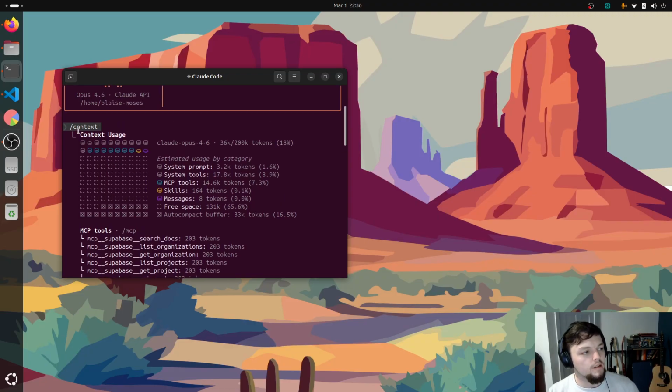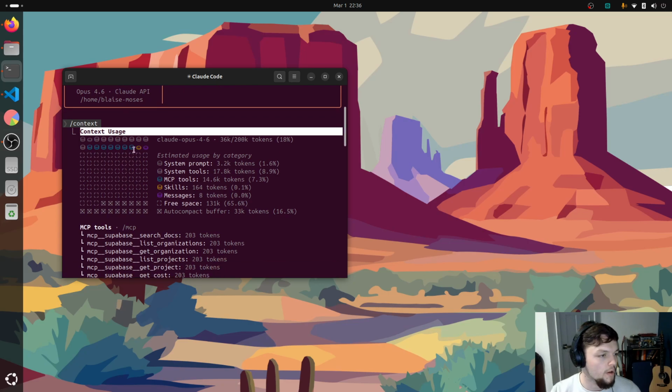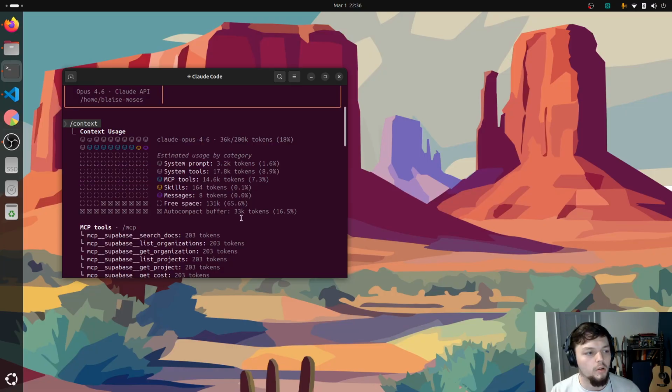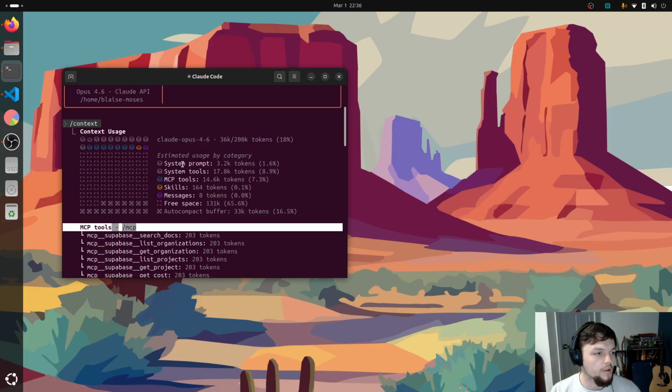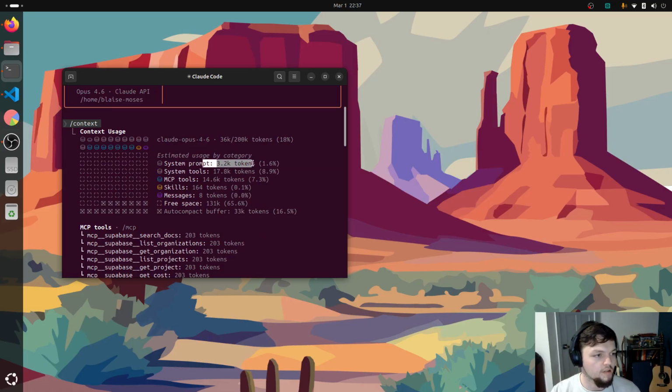So we can see this is going to show us our current thread, and ours should be pretty empty because we haven't had any conversation yet. We just started. It'll show us everything that's loaded into our current context broken down. So we can see we have about 65% that's empty. We haven't used it yet, but we also have some that's going to be used off the gate because of preloaded context, which we're going to talk about in the next video when we talk about Claude MDs, rules and memory. But the idea here is we got some system prompt things, the baseline behavior the model should take,